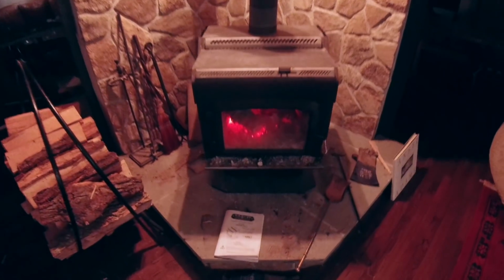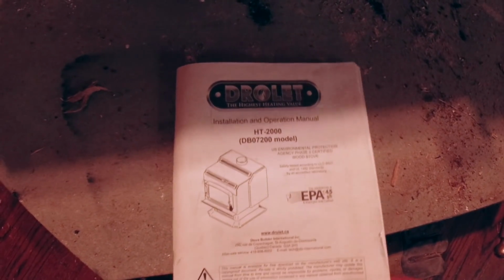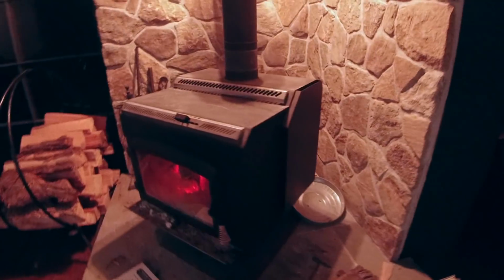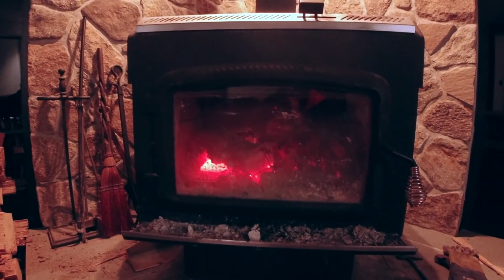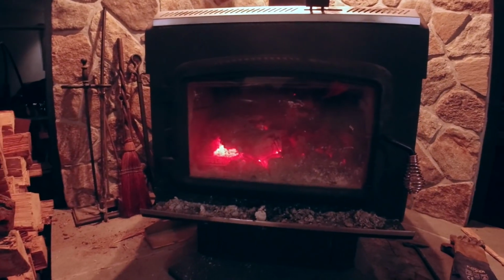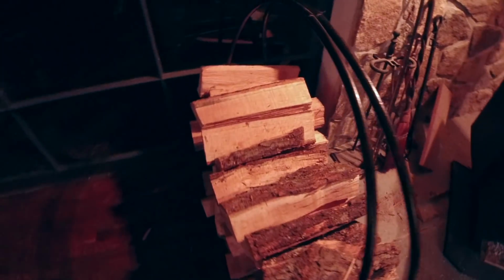It is a Drolet brand. I actually dug out the manual. It's a Drolet HT-2000. It's a pretty big wood stove. As you can see, it's pretty deep. The firebox in it is pretty large, substantially larger than my parents' that I grew up with. It can easily fit logs up to about 24 inches at the max. We normally cut to about 18 just to give room to move wood around and fit stuff in